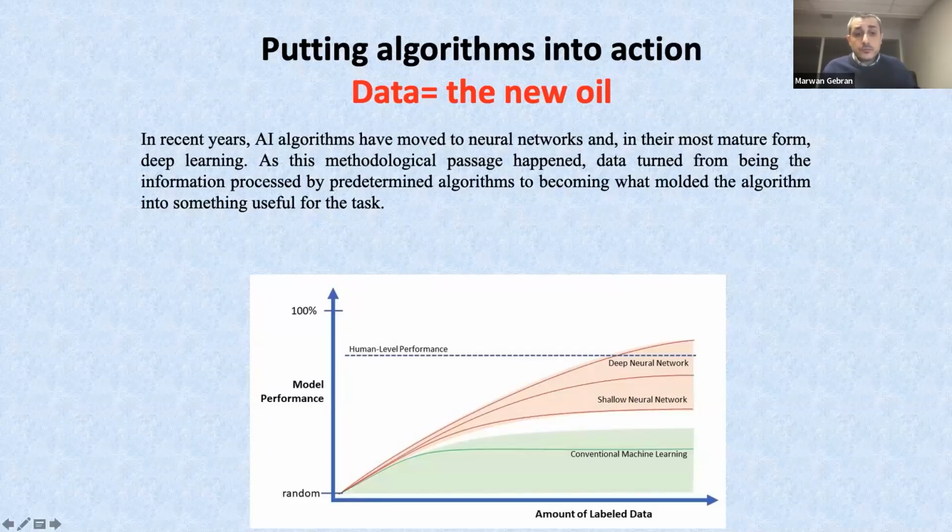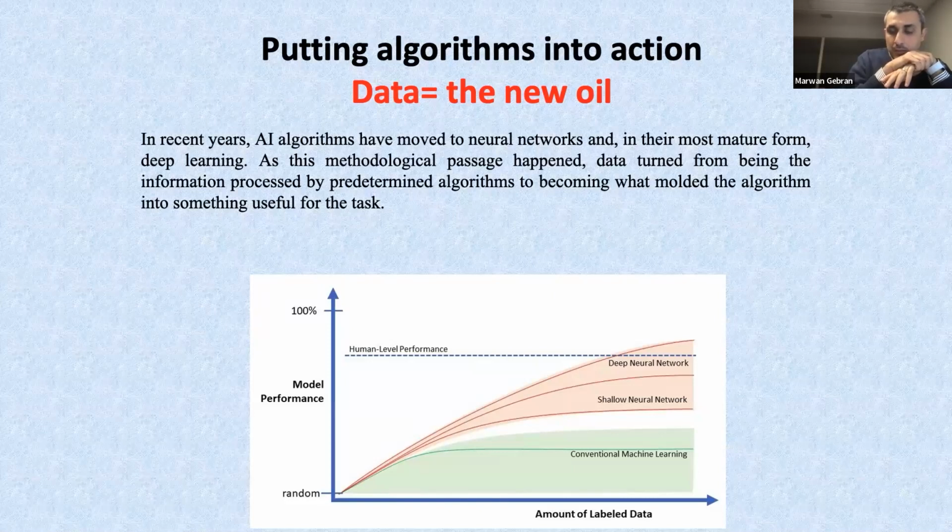What you see here is a way to represent the accuracy of the model as a function of the amount of data. So if the amount of data is increasing, like you see here to the right, the performance of our models improves by moving from conventional machine learning until we reach deep neural networks, which are also based on mathematical techniques, but a little bit different. And they surpass the human level performance. So not only are we gaining in time, but also in performance. So not only can I do it faster, but I can do it faster and better. And that's extremely important, because we cannot use hundreds of PhD students on a topic and